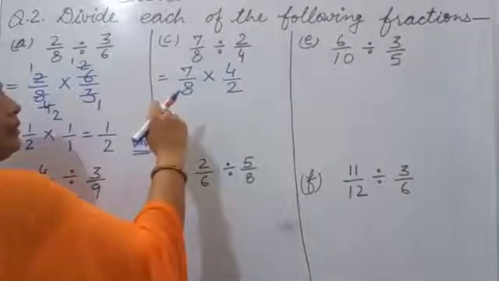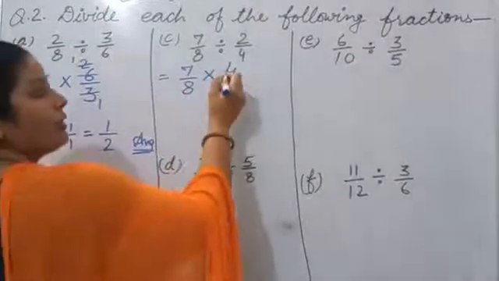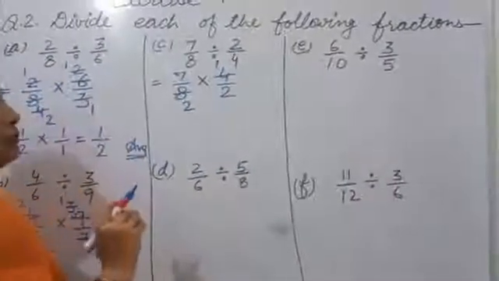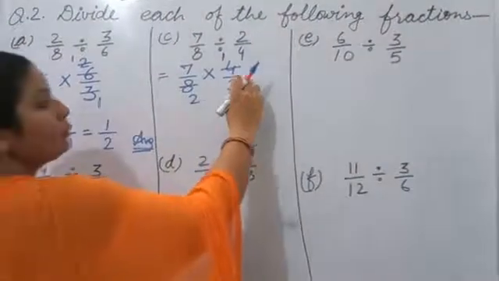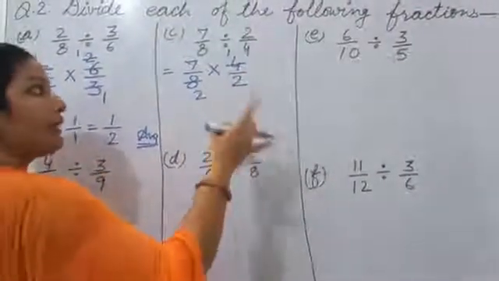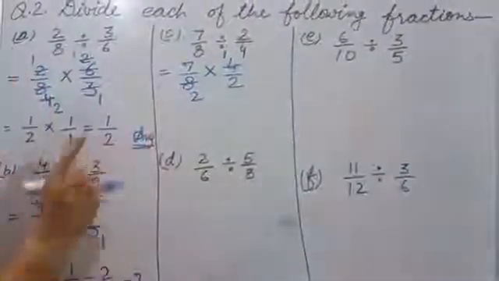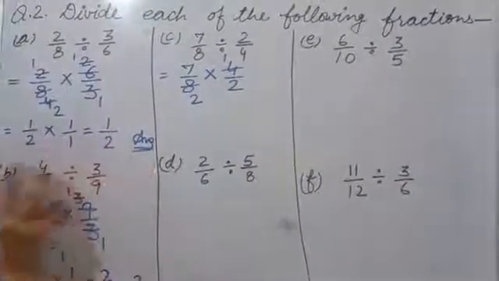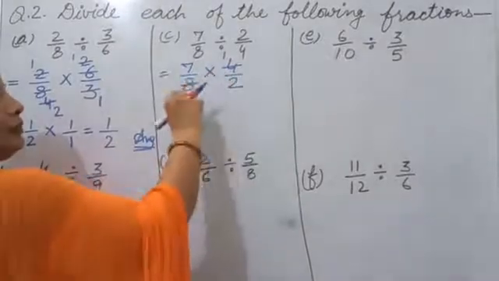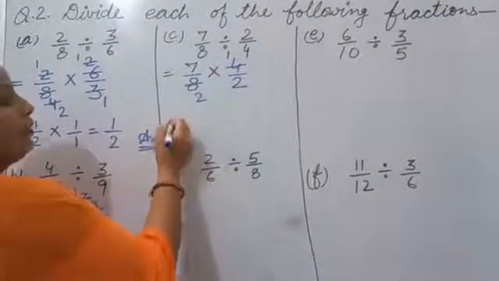Okay. So we directly cancel. 4 ones are 4 and 4 twos are 8. Because if you cancel by 2, that will take 2 steps. Firstly we cancel by 2, then again we cancel by 2, so more space will be consumed and you will take two times. Okay. So directly we can do in 4 table both are coming, so we cancel by 4.